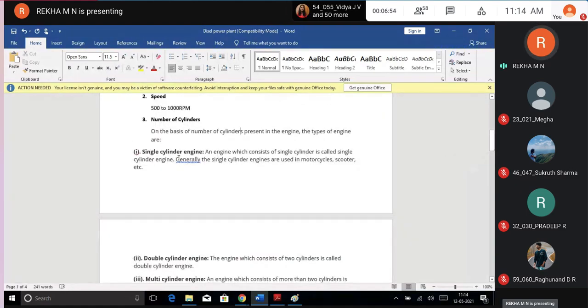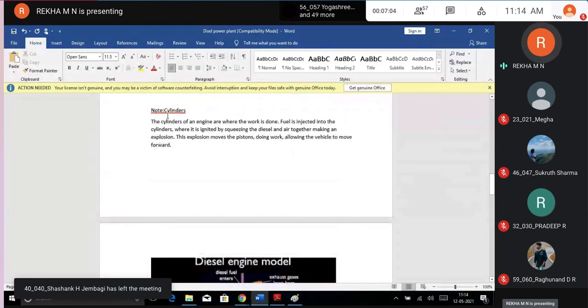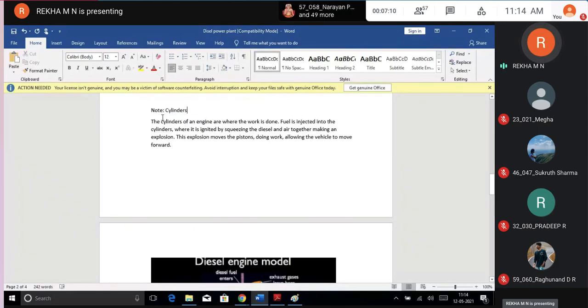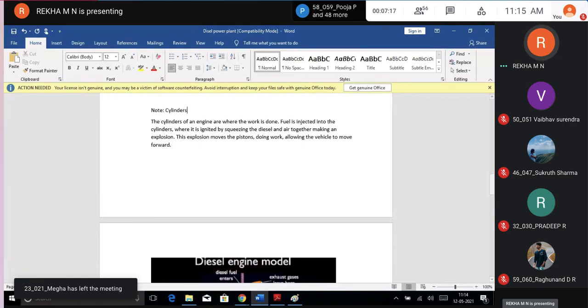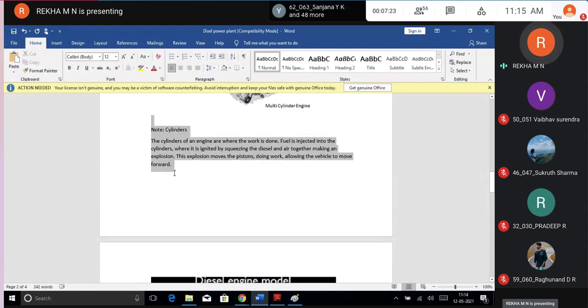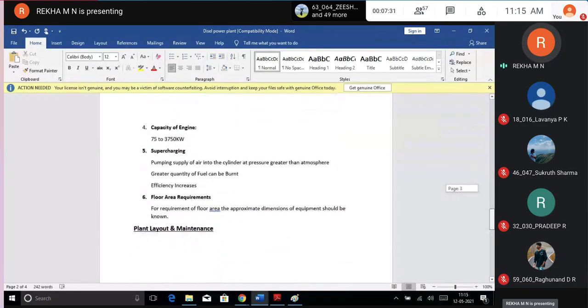You can just check it out in my notes. Okay, next, you can just see the note I have mentioned. Why? Because sometimes when we are studying so many subjects, one more problem is that we forget things. We often forget things like the cylinders, and you may not understand. So I have just mentioned this, and please don't think that this should also be written in the test. Please don't copy this in the online test. If I ask particularly, then you have to write.